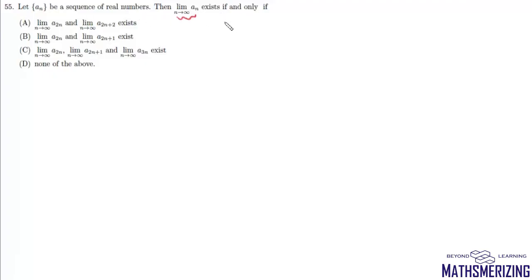Now question number 55 is: let a_n be a sequence of real numbers, then limit n tends to infinity a_n exists if and only if. Now which of the following options is correct? What we'll do is we'll say suppose this limit n tends to infinity a_2n is, say, L1, limit n tends to infinity a_(2n+1) is suppose L2,